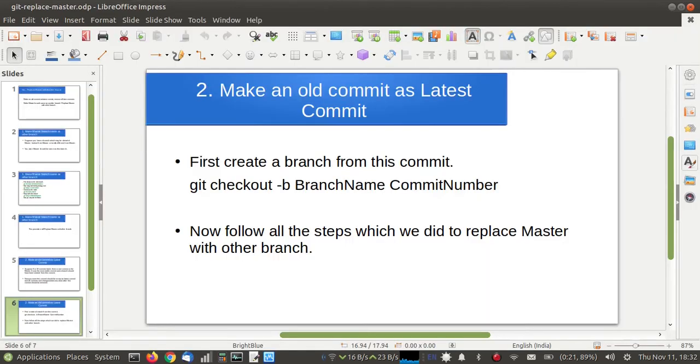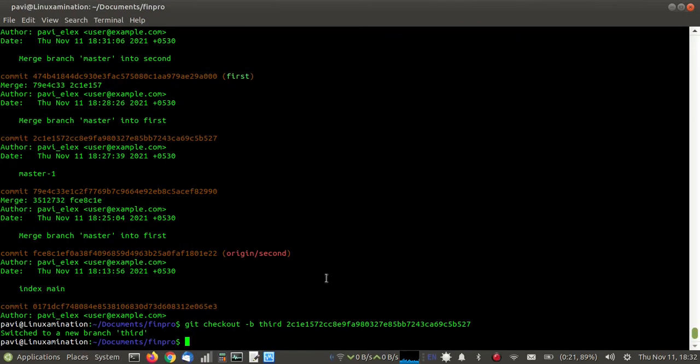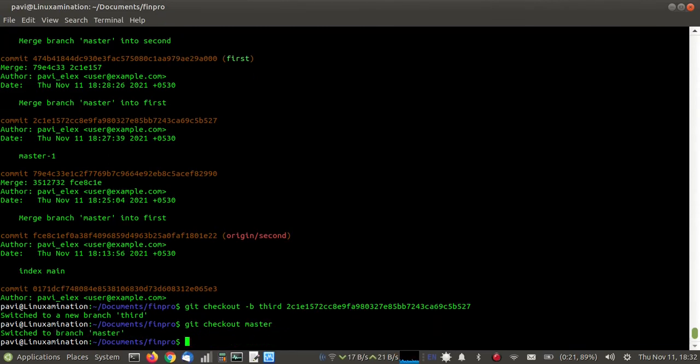Okay, so the new branch has been created. Now I'm going to shift back into the master. And now reset hard.